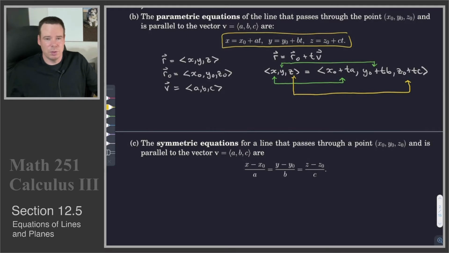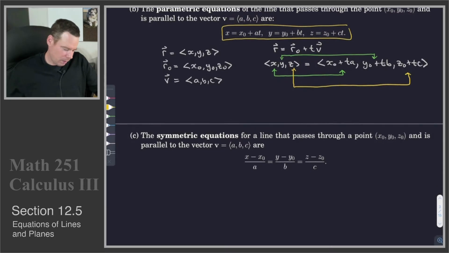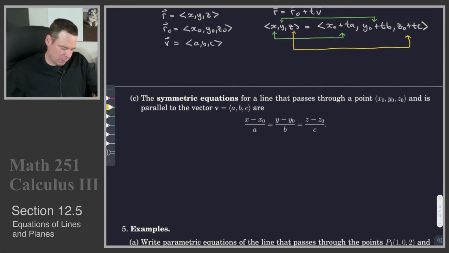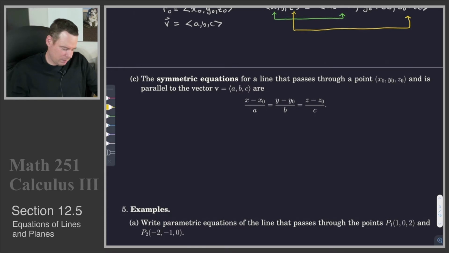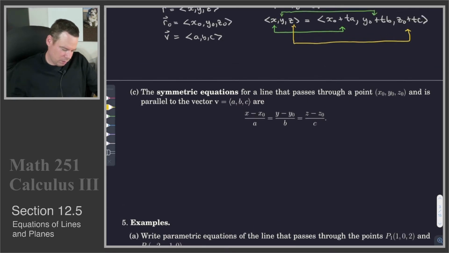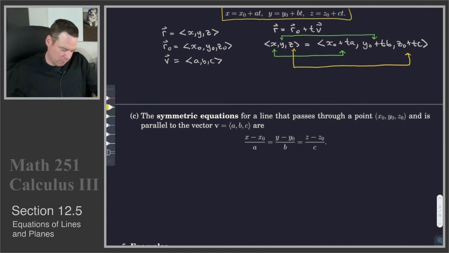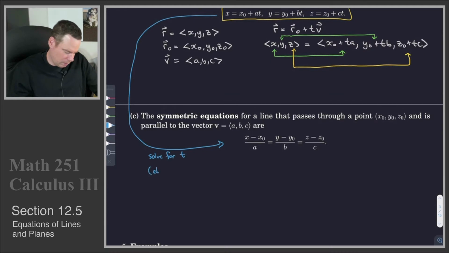A single equation in 3 dimensions describes a 2-dimensional object, whereas a line is a 1-dimensional object. So if we wanted to have a way to describe a line without a parameter, these are known as the symmetric equations. And I'll just leave our parametric equations visible up above, because what we do to get our symmetric equations is we just take our parametric equations and we solve for t. Or another way to say this is we eliminate